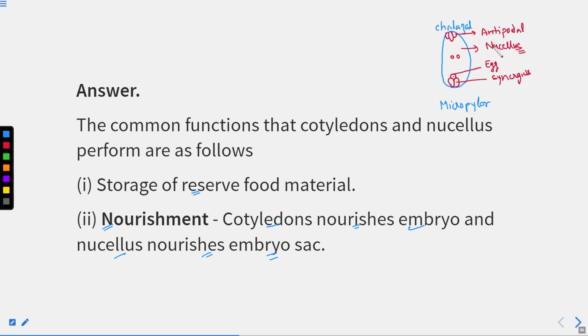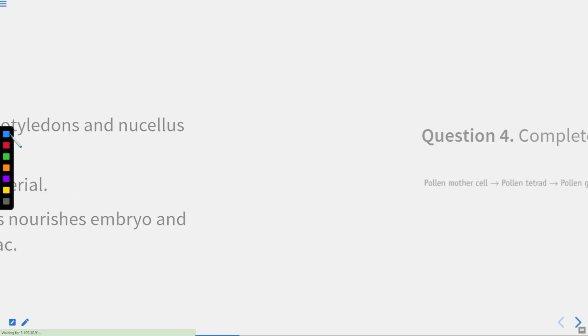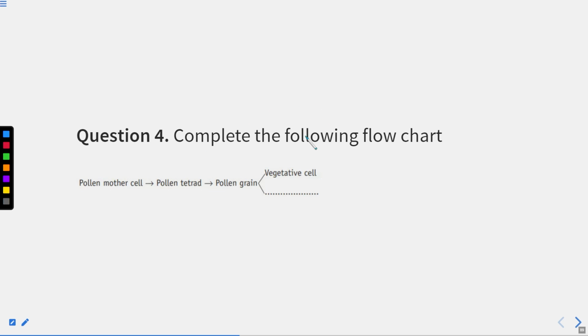Alright, this is the nucellus, which gives nourishment to the embryo sac and it stores the reserved food material. Now moving on to the next question. Here you have to complete this flow chart. So here pollen mother cells, which will be diploid. So with the help of meiosis, it produces pollen tetrad. Then after the formation of pollen tetrad, pollen grains are produced, and the pollen grain further divides to form